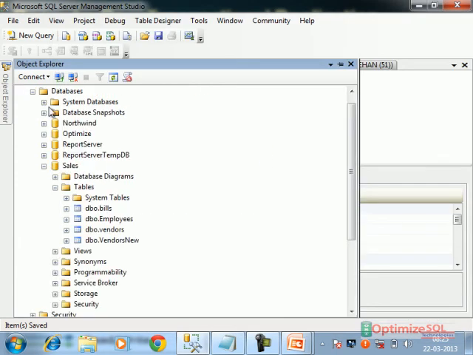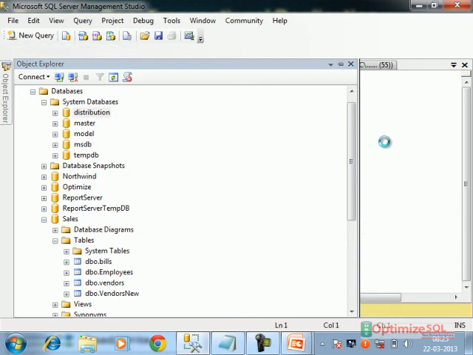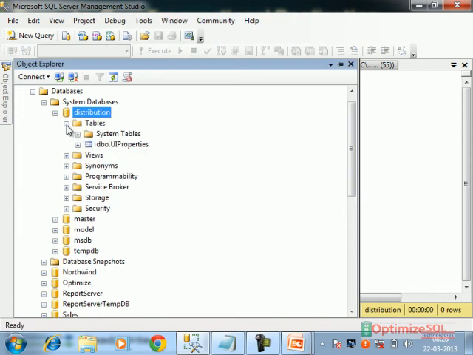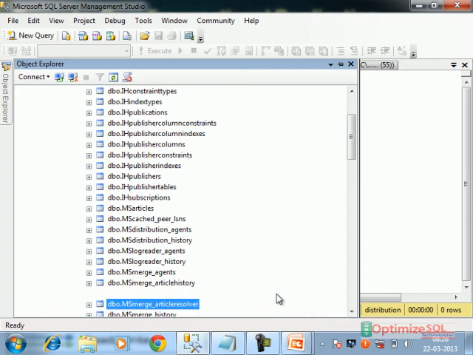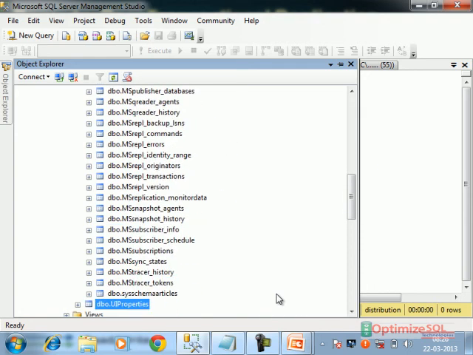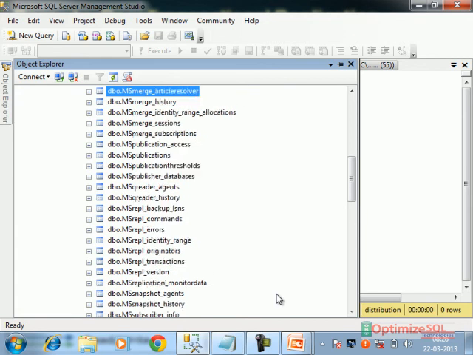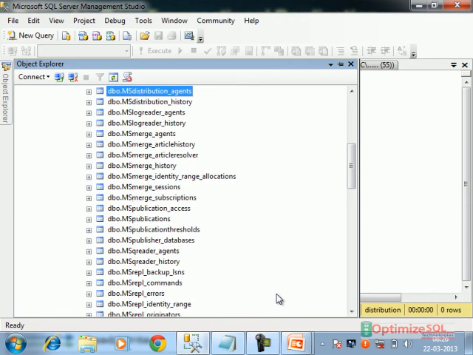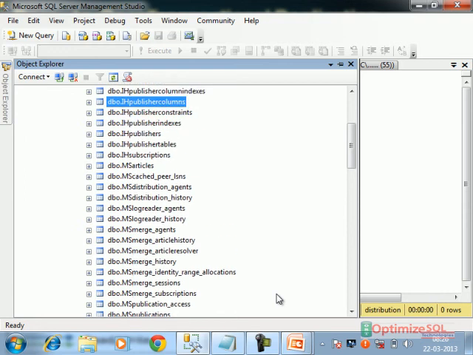First I will go to this database, new query, delete from MSpeer_lsns.